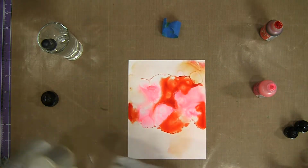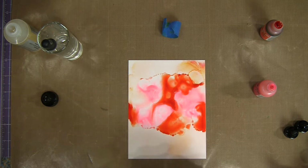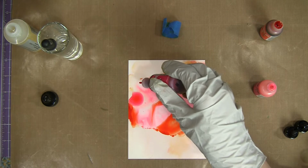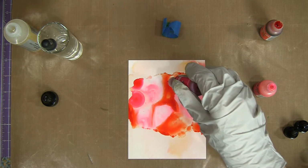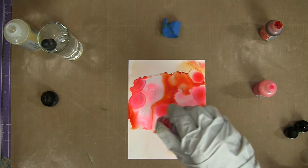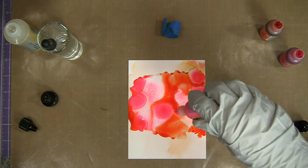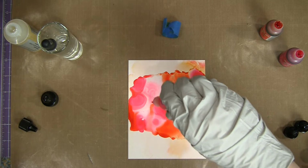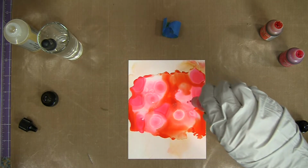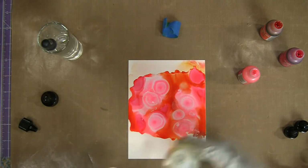Blending solution works best with the pearl inks. I found the isopropyl alcohol didn't work as well, though you can use it. I just prefer the look of the blending solution better. And then I just added in the colors that I liked with the alcohol inks and the pearl inks and just kept adding dots and blending solution and then using my spritzer as well just to kind of blend these